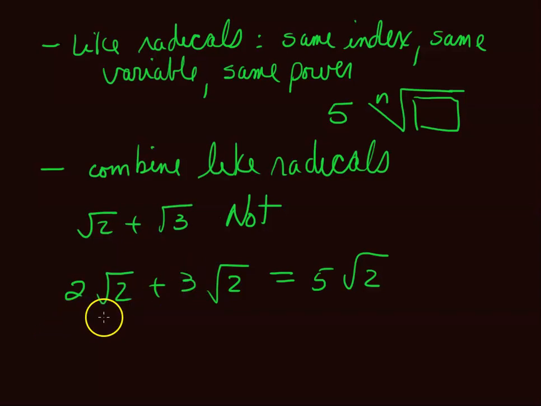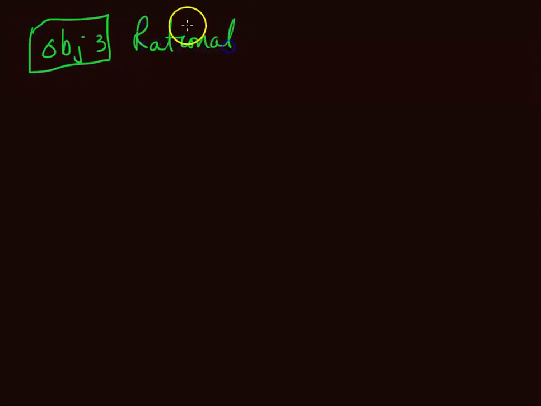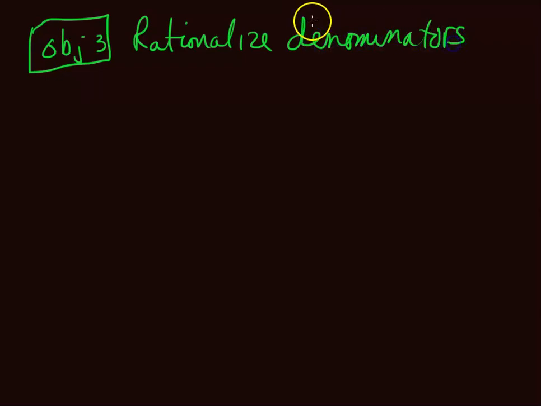So, what is objective 3? Rationalize denominators. And I always wondered about these when I was a student. If you have 1 over the square root of 2,